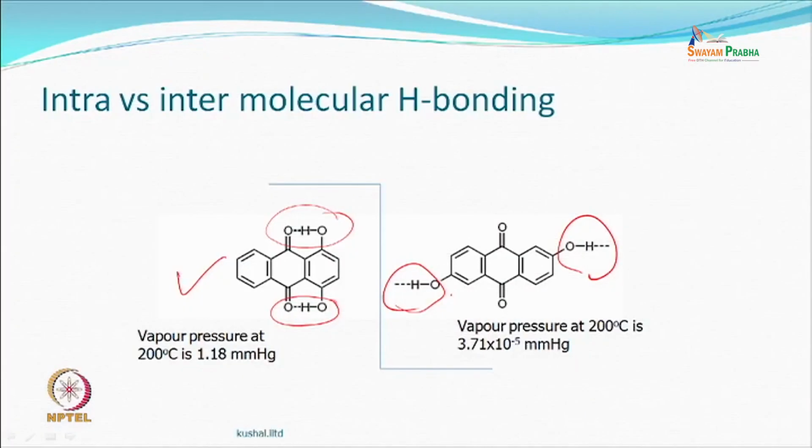But see the interesting part. At a given temperature, let us say 200 degrees centigrade here, in one case the vapor pressure is 1.18 millimeter of mercury, right. In the other case it is 3.71 times 10 raised to minus 5. You see what the difference we are talking about? Which order are we talking about? A small little change can actually make such a big change